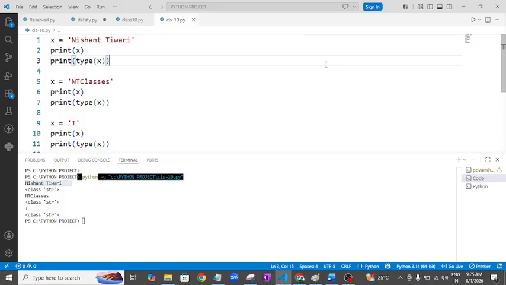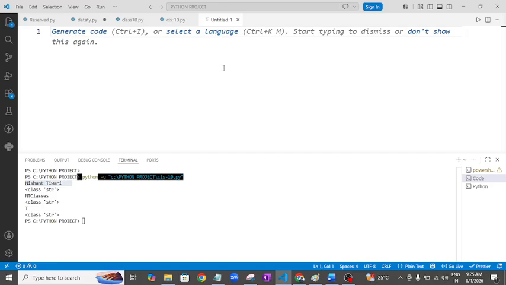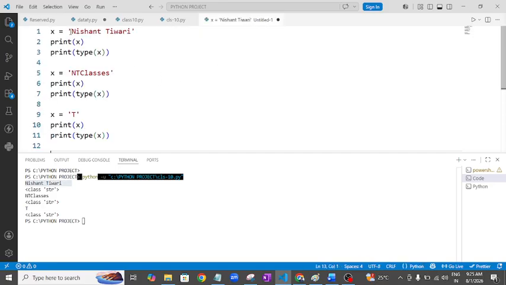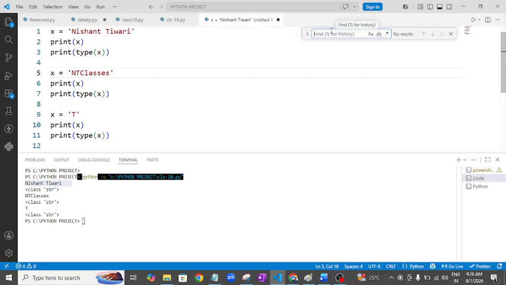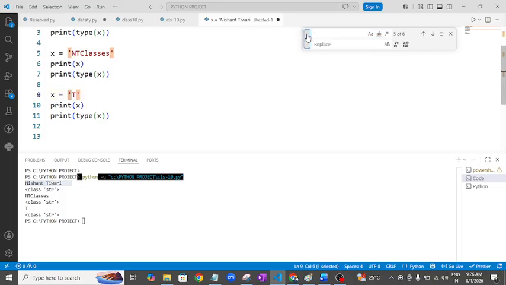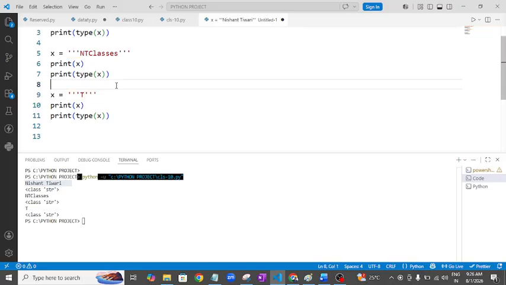Let me take this. Now if I take a very clear idea, if you get it. Okay, we are done with single quote. Now we are going to take double quote. We are going to take triple quote. Okay, now let's make one, two, three, triple quote, sir. Let me take triple quote. Now once we are doing it in triple quote, let me make sure.